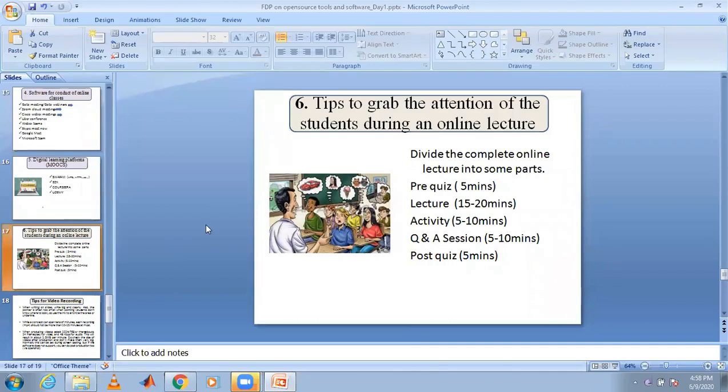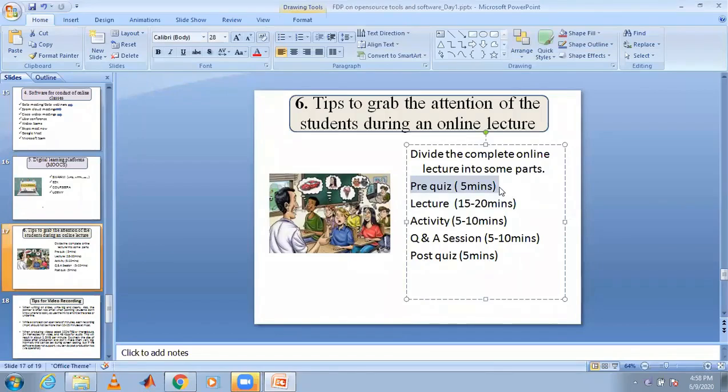To grab the attention, please prepare the classroom like this. In my opinion, you have to create a 50-minute class span like this. Pre-quiz, that means MILLE. You can follow MILLE, that means Most Interesting Learning experience of yesterday, the MILLE rule. On that, you can prepare a quiz for 5 minutes.